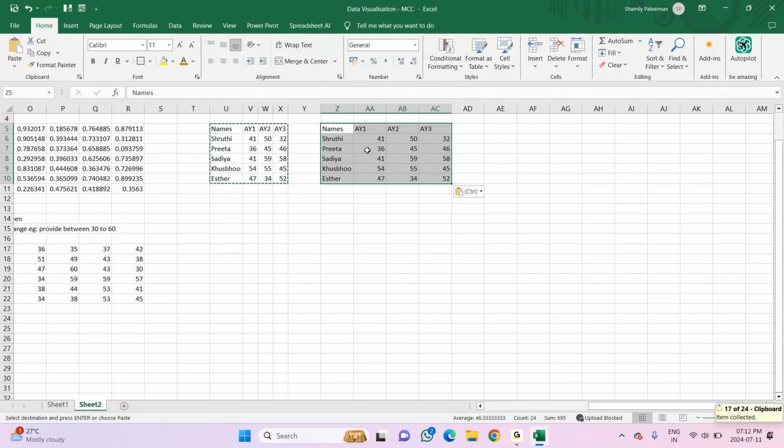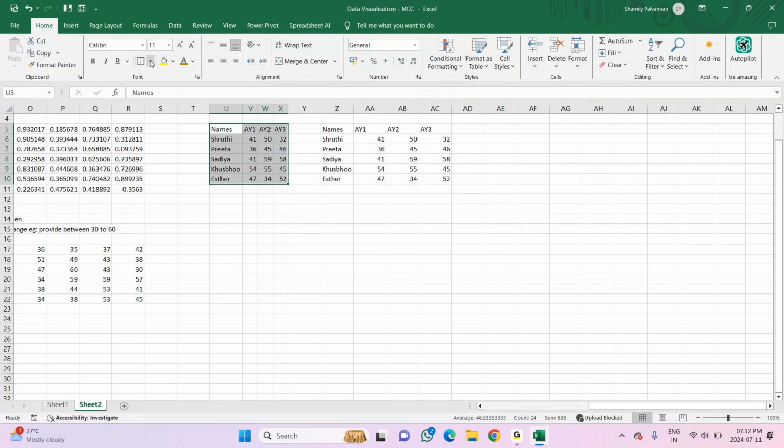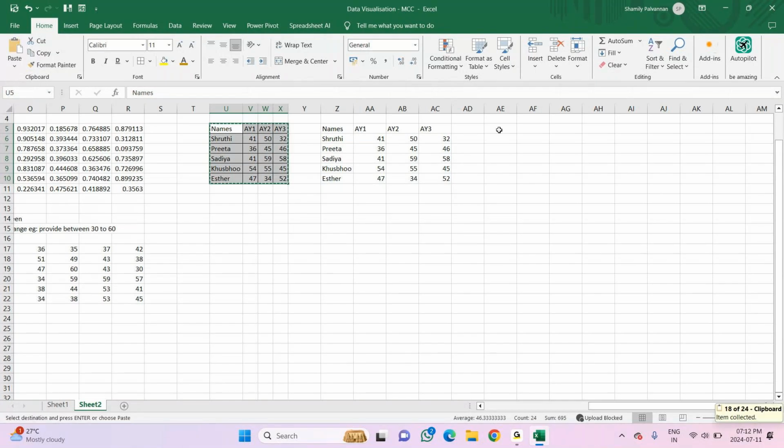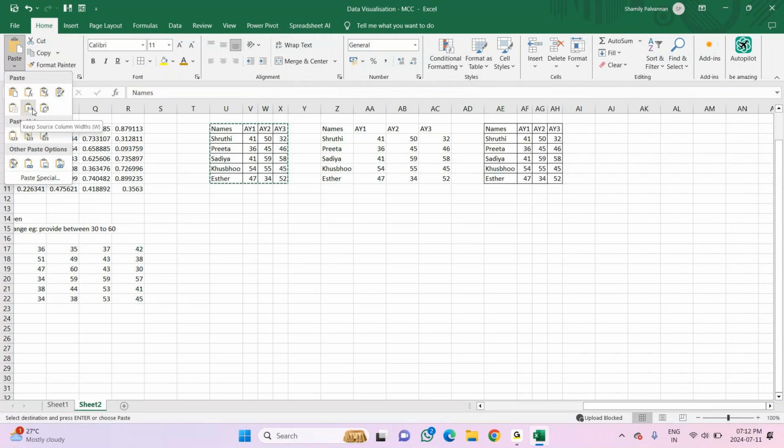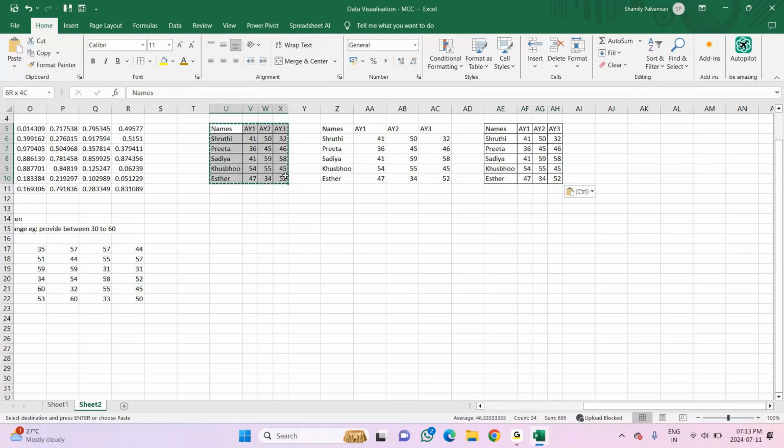In the first method, when I copy this and paste it, it is not adjusting the space. I want the same space used here to be used when I'm pasting. So I'll copy this and paste here. Before pasting, I have an option here, Keep Source Column Widths. Now see, it is automatically adjusting. When you copy paste it normally, it will not adjust, right? Though I have given some formatting, the place has not been adjusted.